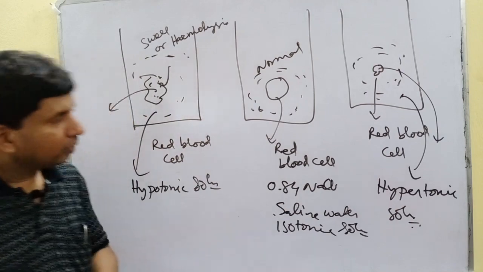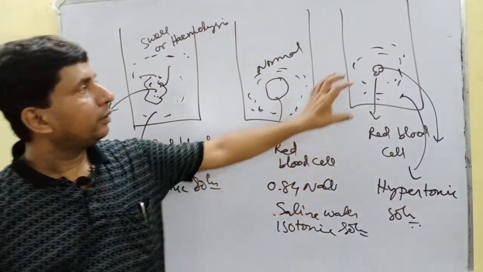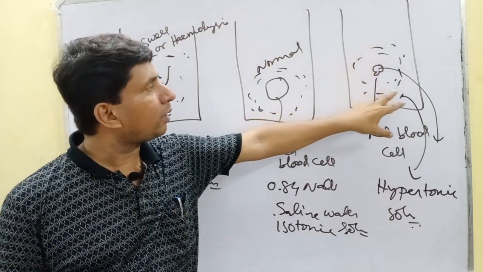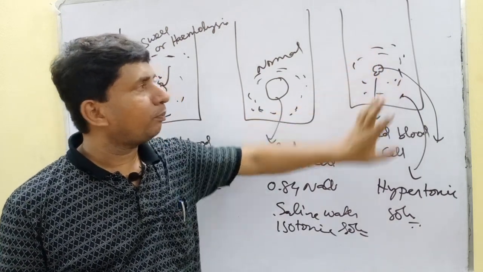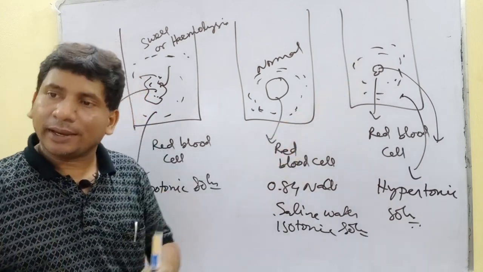Okay, so this is the hypertonic solution, and for this reason, since the outside pressure of the blood cell is high, then it will shrink or